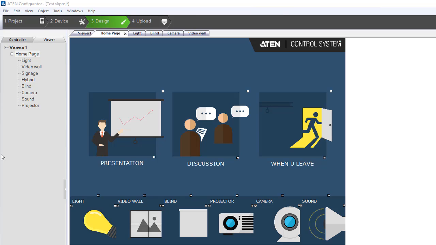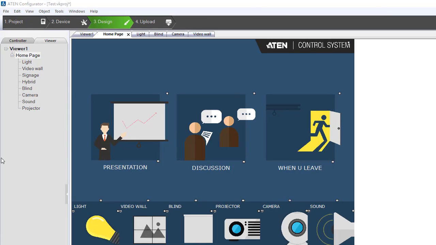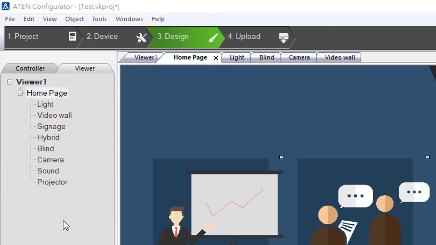Going to be covering adding actions to buttons that correspond to a specific device that is connected to the controller. Also, we will cover adding labels in different pages to simplify the user interface for the end user. So for this instance, we are going to use the light page, which we are linked to,